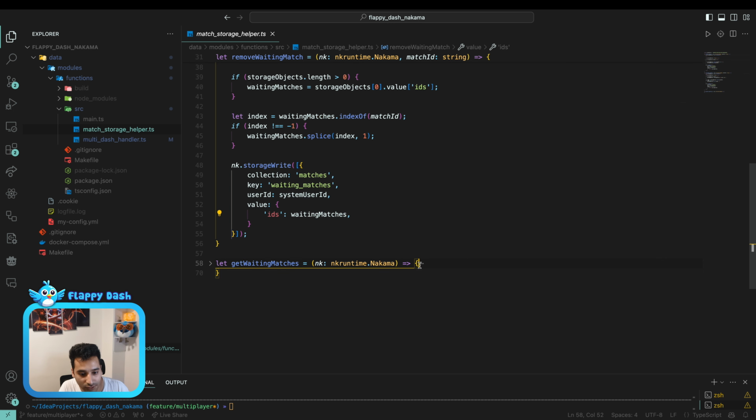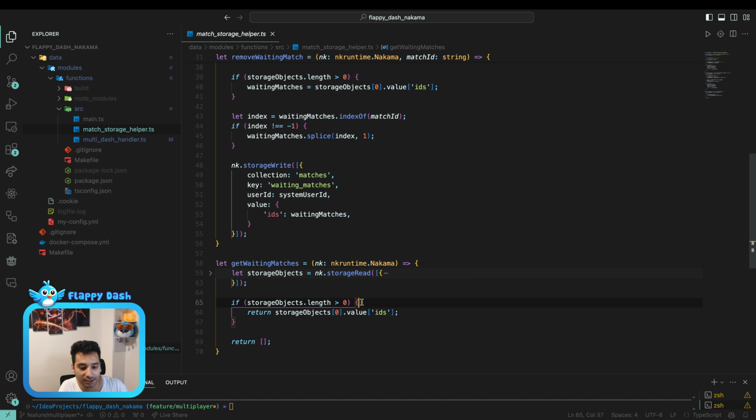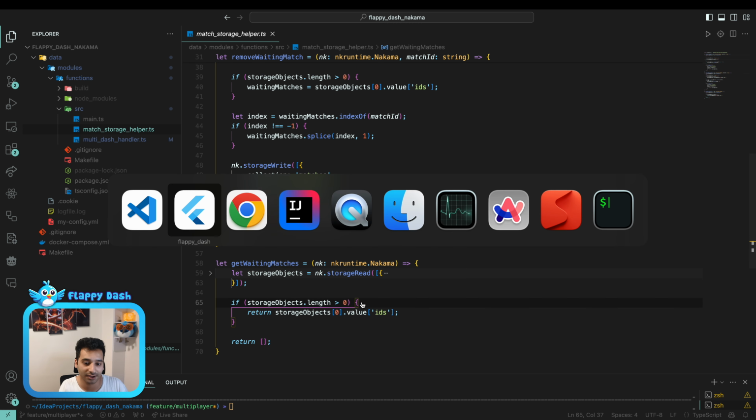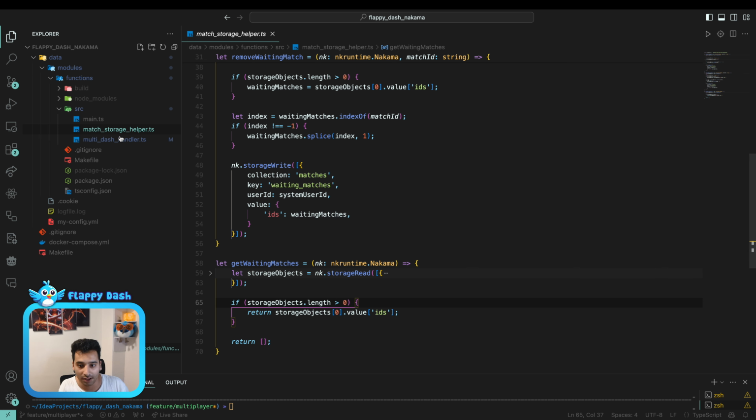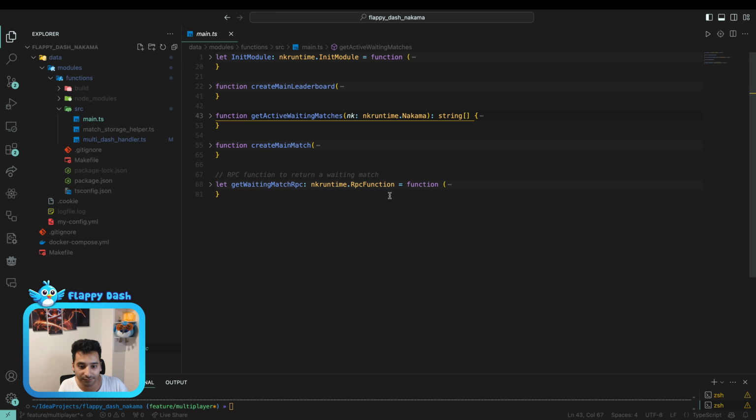And also we have a getter for it to get the active waiting matches, and it's going to be called whenever we click on the multiplayer button. So the client is going to get the current waiting match from the backend, and the client can join the match using the match ID that it has. For example, if you take a look at the main file, we have a custom RPC function.